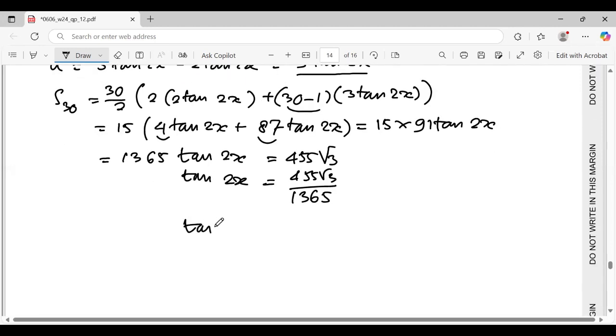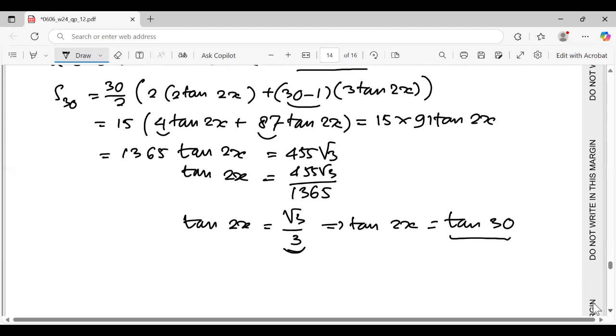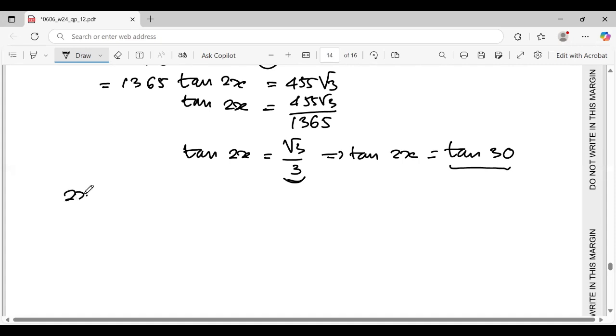So it means tangent 2x equals square root 3 over 3, square root 3 third. So tangent 2x equals tangent 30, because square root 3 third is tangent 30. So we can state that 2x equals 30 plus 180 times n, because square root 3 third is not only